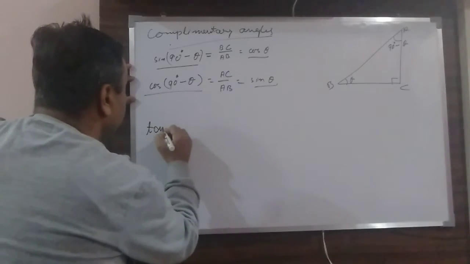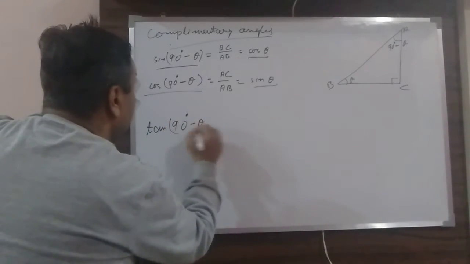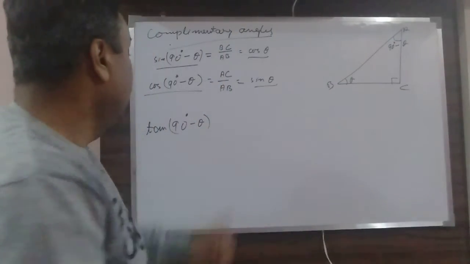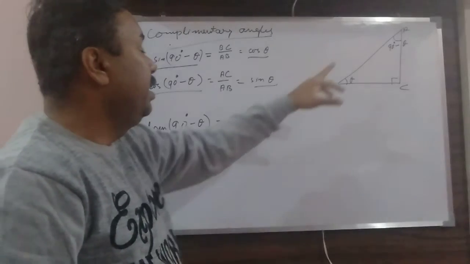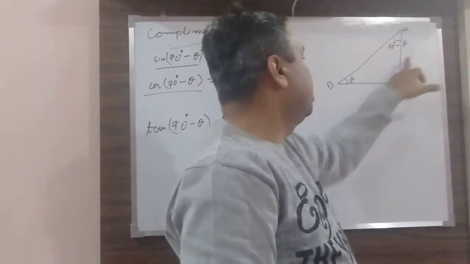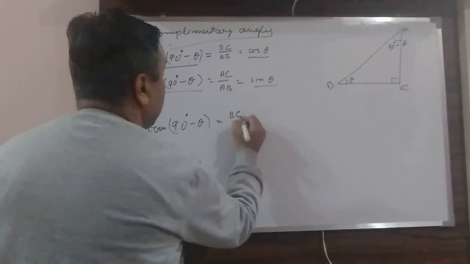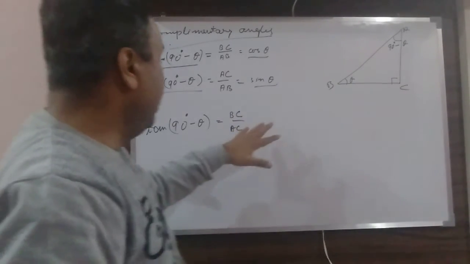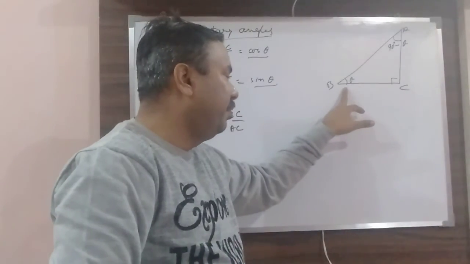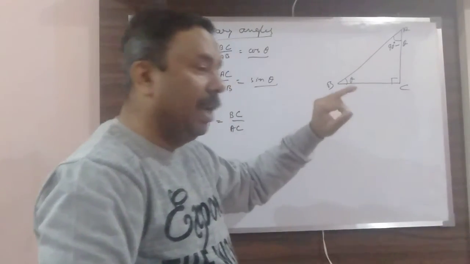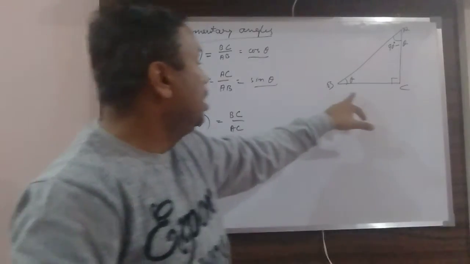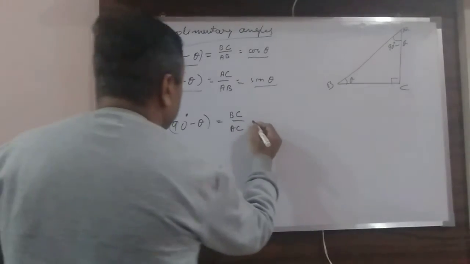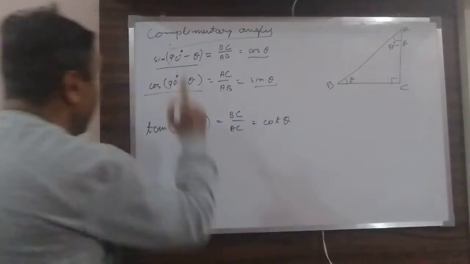So if I have to find out tan 90 degrees minus theta, there are so many ways. One thing, because tan 90 degrees minus theta, as I told you, is opposite side by adjacent side. So the opposite side is BC divided by AC, and if you go with the reference of theta, angle B, this is what BC is, adjacent over opposite. That is now the reciprocal of tan theta. So that is equal to cot theta. You can do it like that also.